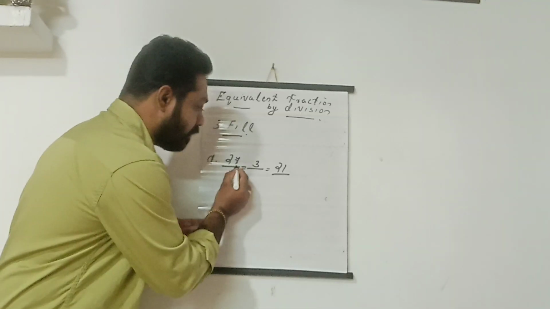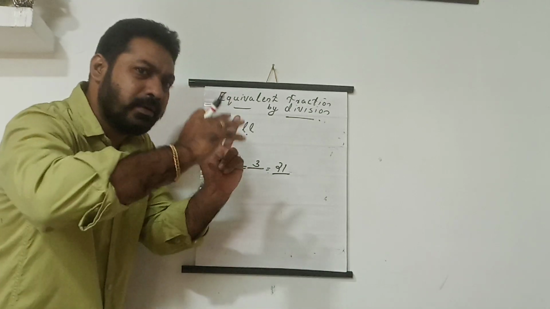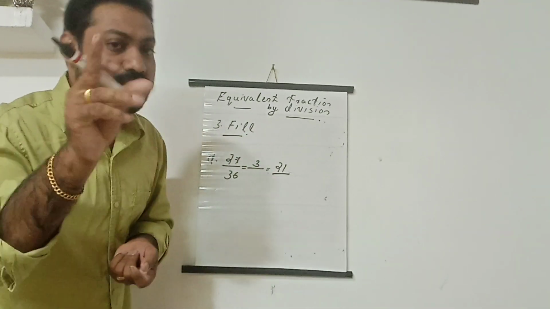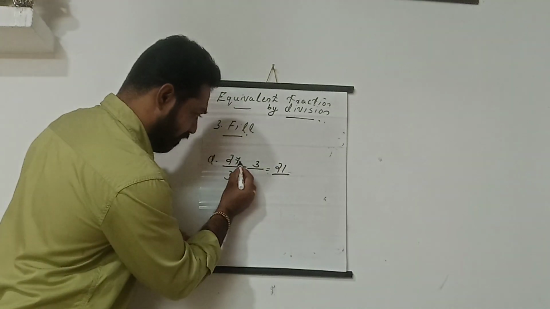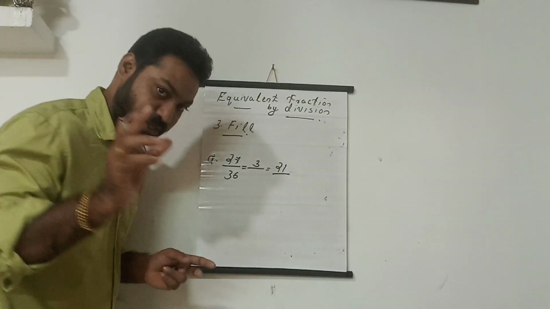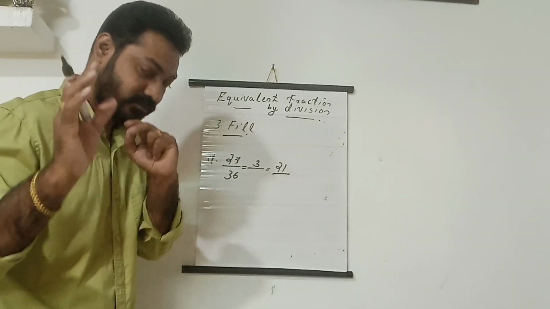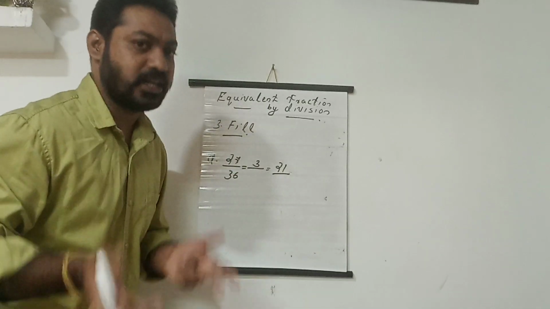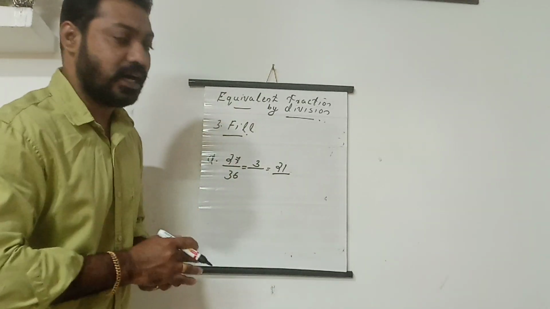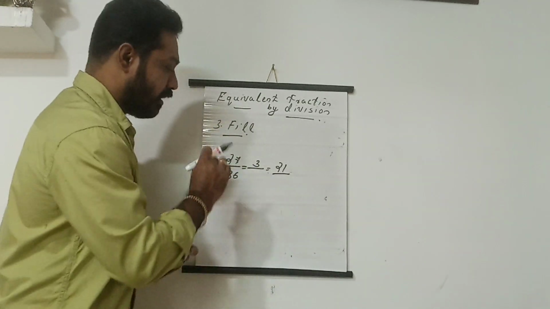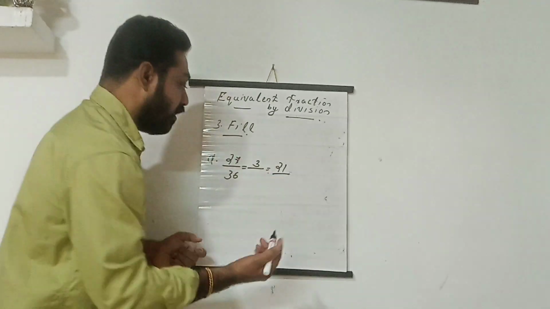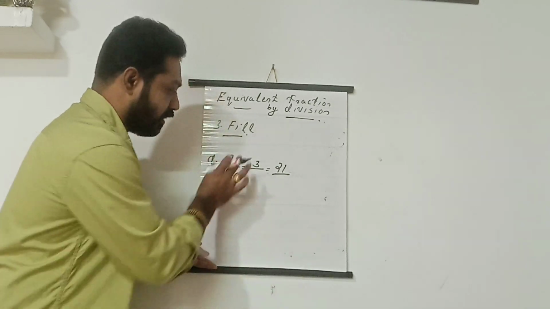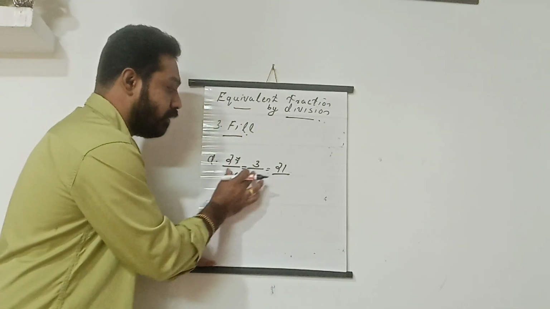We have to use our brain here. So 27 becoming 3, how will it be reduced? By dividing. Divide with what? We divide by a number that must be a factor of 27 and 36, isn't it? You don't need to find all the common factors of 27 and 36. If you do that, you will get the answer, but you don't need to do it like that. You just imagine we divided by a number here, that's why it reduced.